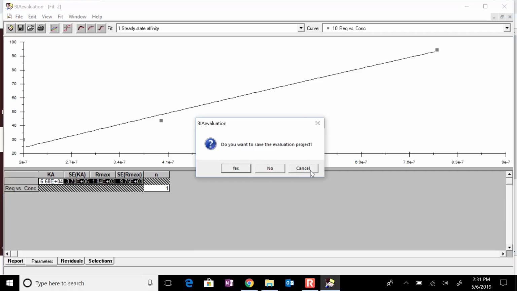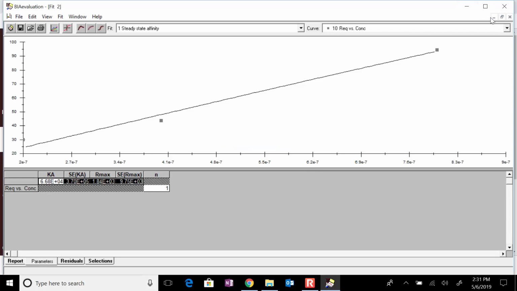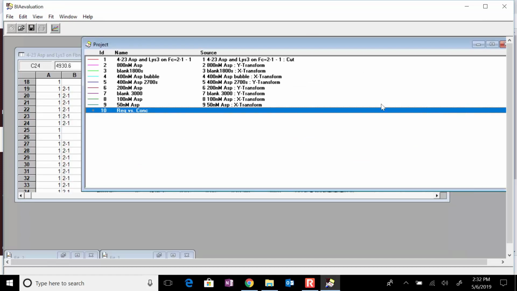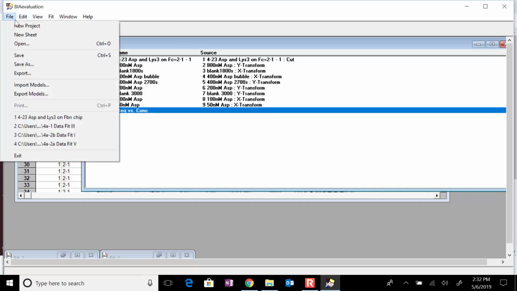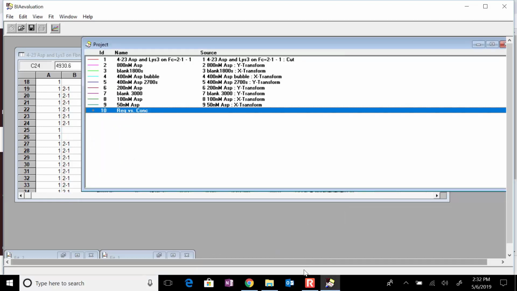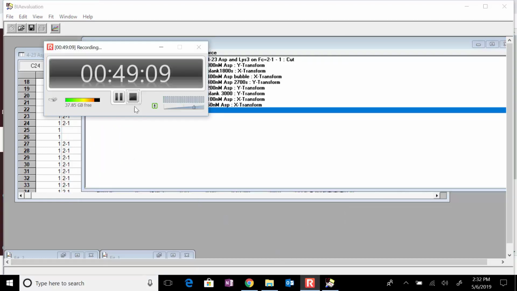Now, the one other important thing to do, once you have a fit, don't close it because then you'll lose it, okay? Minimize it and keep it right there. In fact, if in doubt, minimize stuff and keep it around just in case, because then we can reconstruct what you did. And then save the file. It will save it as a BLE file, which is BIAcore Evaluation. BLR files are the raw data files that are opened up by the control software. But I am not going to save this because I want to go back and work on it later. All right. That is